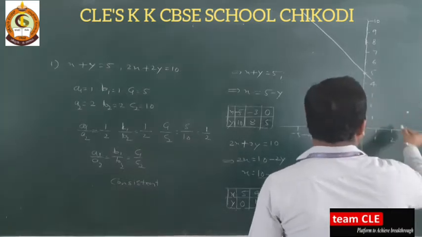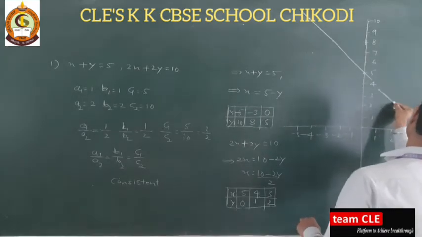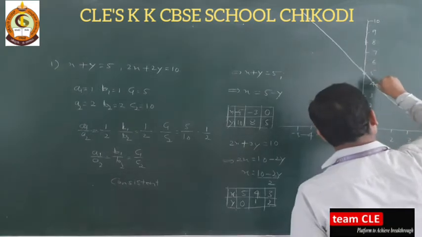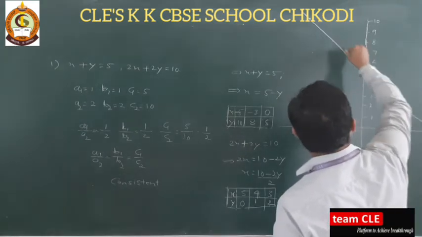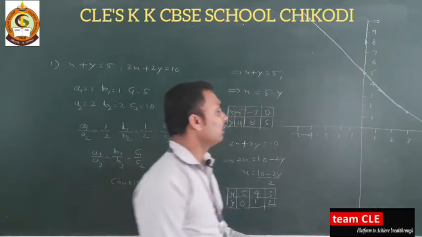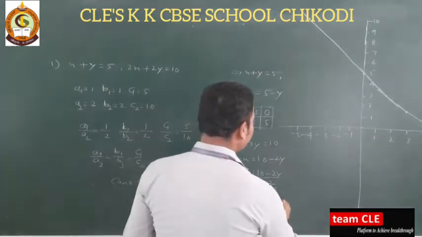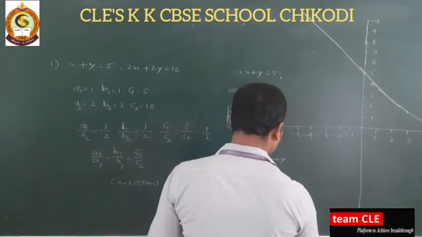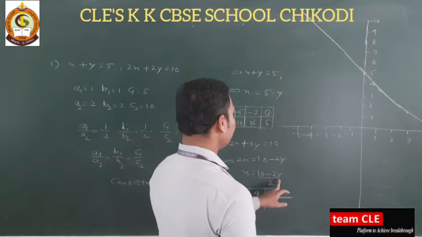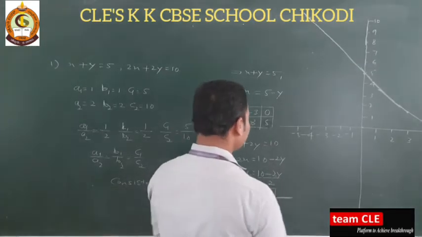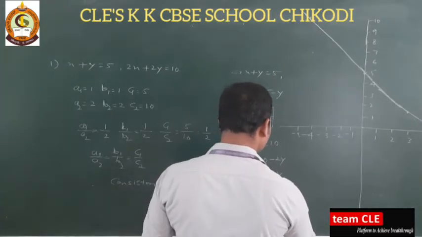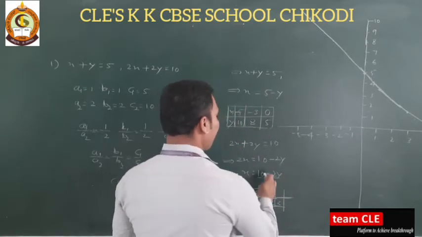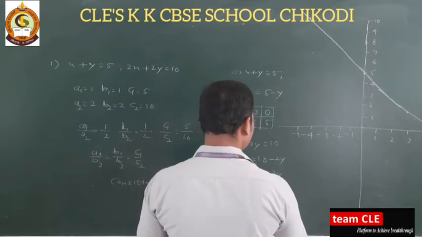Now this line will get like this. So these two lines will overlap each other. If you go on substituting, these two lines will get overlapping. If you calculate two more values, you can take 3 here. 2 threes are 6, and you will get 10 minus 6. Substituting 3, y is equal to 3, 2 into 3 is 6, 10 minus 6 you will get here 4.